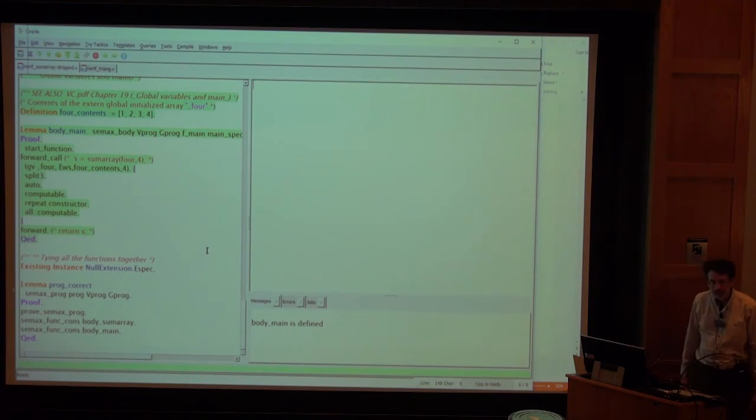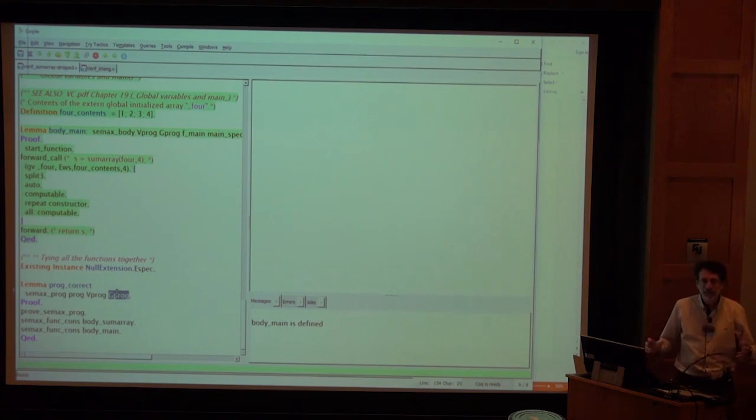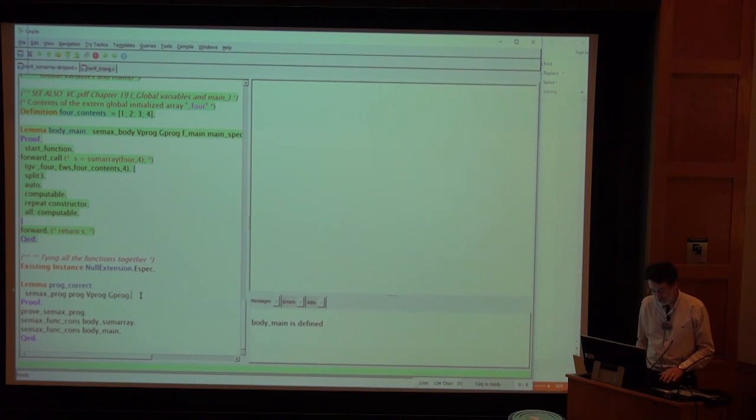When you prove a whole program correct, you have to prove that you've written down Gprog, a list of claimed function specs. Now, in the proof of each function body, you get to assume all those function specs, but you have to prove that you did prove all the function bodies correct, that each one satisfies its function spec. So that's this semax_prog, proving the whole program correct. This mysterious thing